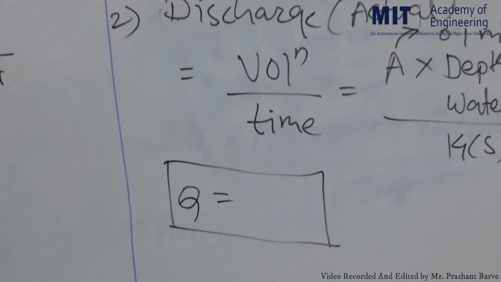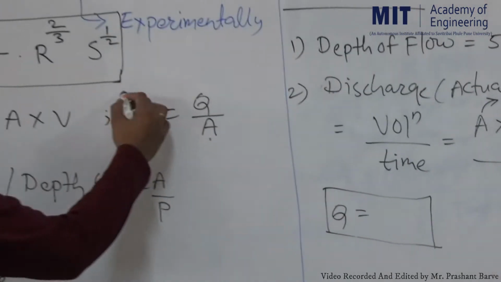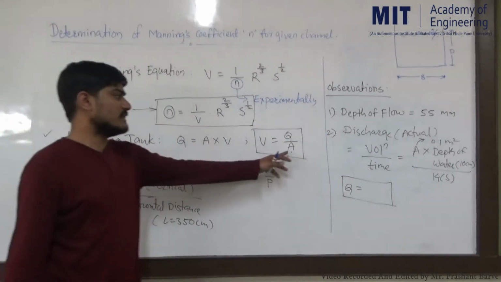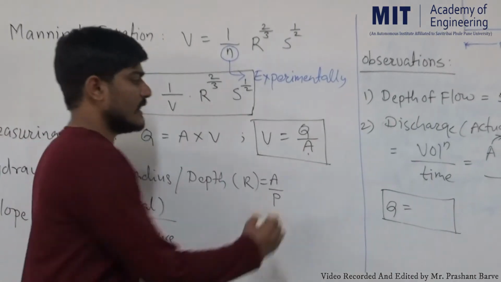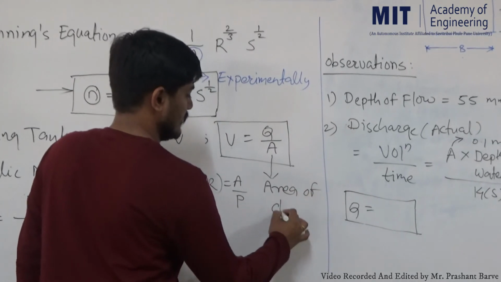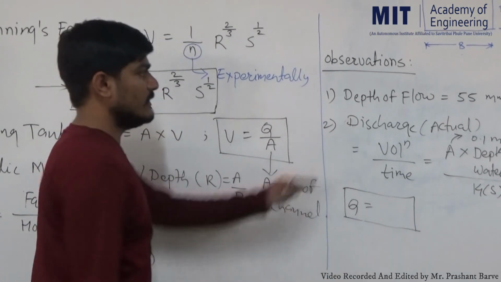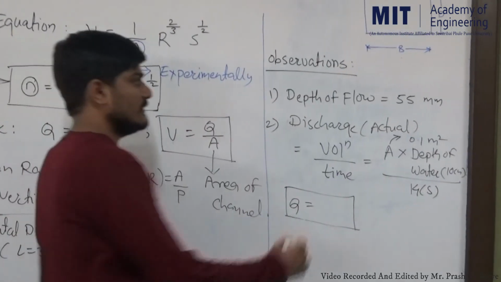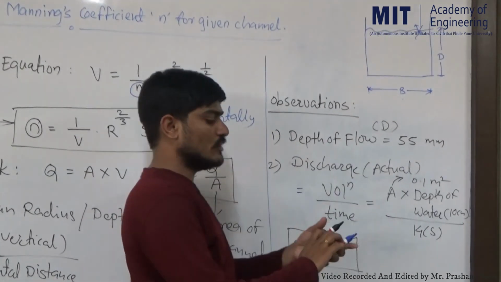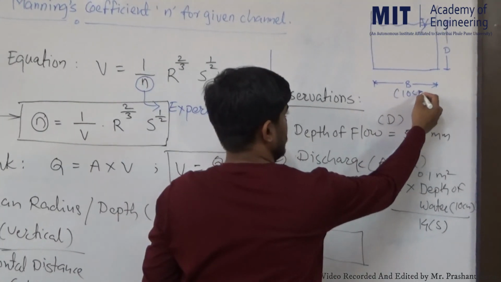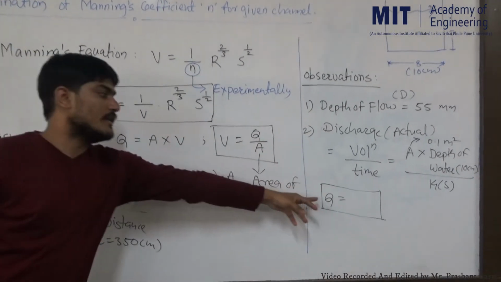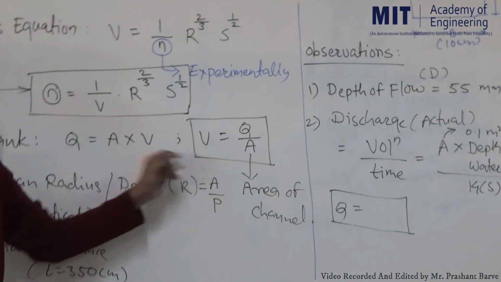So from this equation, if we solve, you can determine the value of discharge. Okay. So this discharge, if you put in this equation, you can determine the velocity. But here, what is this area? Area A is the area of channel. Once again, I am repeating this thing. Area of channel, how can you determine it? Depth of flow is D if I assume, and this depth of flow into this width. Width is 10 centimeters for our channel. So from here also you can determine area. Discharge you have already calculated. You can determine the velocity.